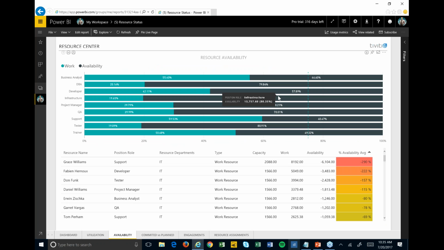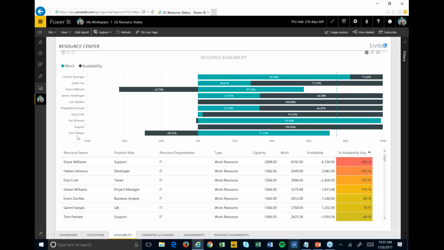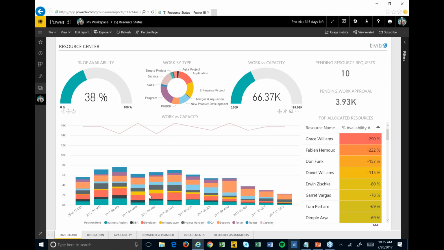I really like this view here as well. This one's grouped by role, so we can see resource allocation, how available or not they are, basically by role. But again, most of these are drill-in capable. So if I wanted to click on my support role here, it will drill in and show me all of my individual support people and how available or not each one of them is, right? So you can start to see how you can go through all these different tabs, and we can drill into